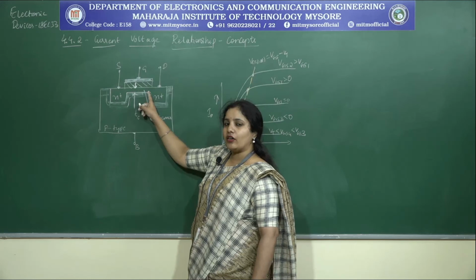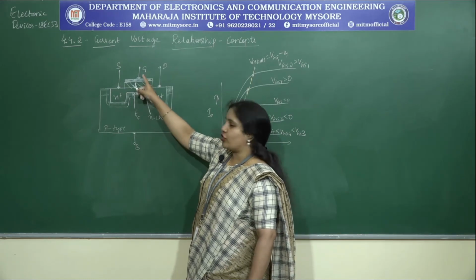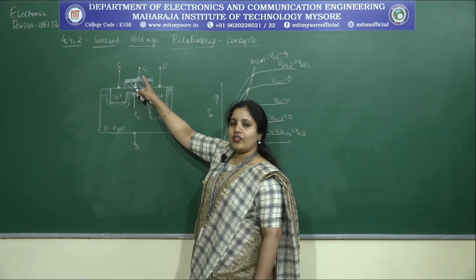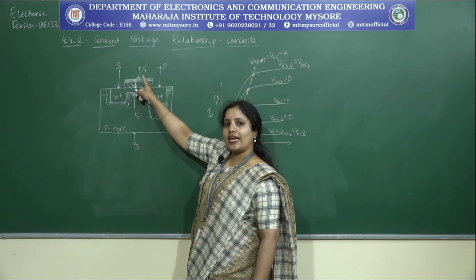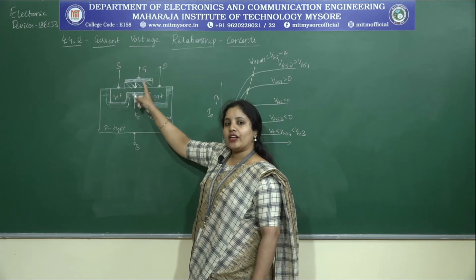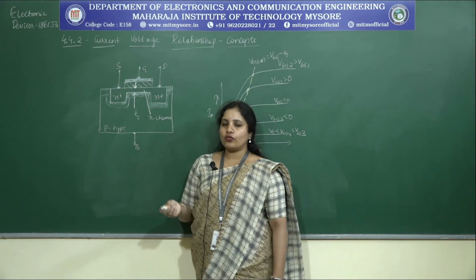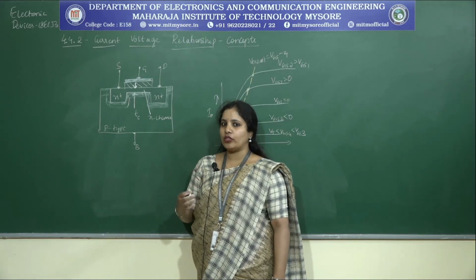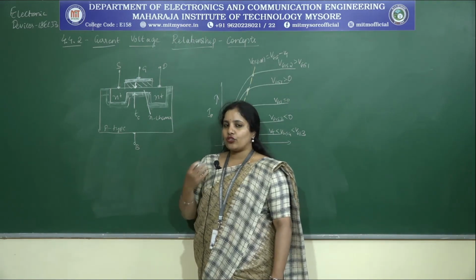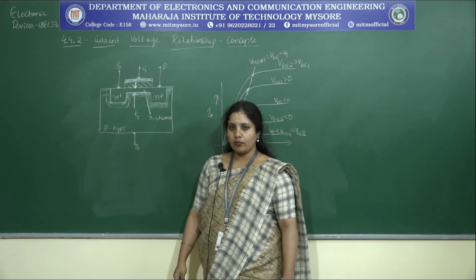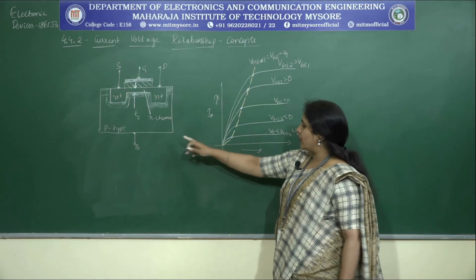In order to make that happen, I can provide a negative voltage across the gate, and therefore we say the threshold voltage is a negative threshold voltage. That is the process we use to turn off the device. How will you turn off the device? Just provide a negative voltage, because of which the electrons get repelled. As a result, there is no current flow. Got the point? And that is the constructional details.